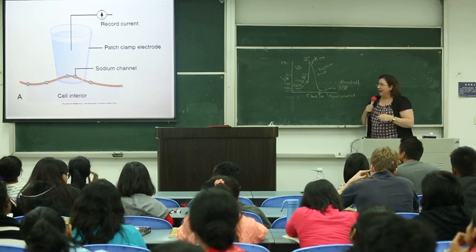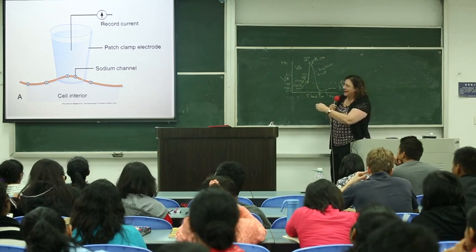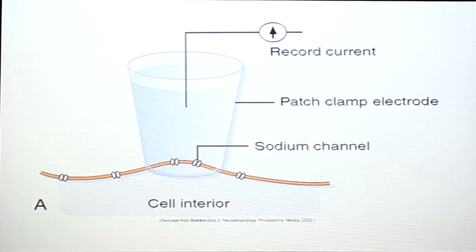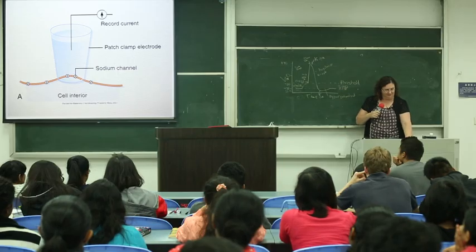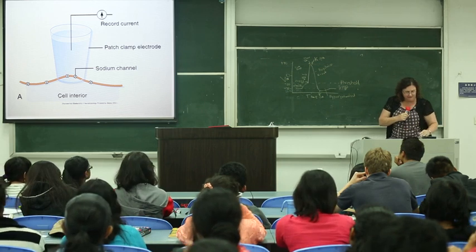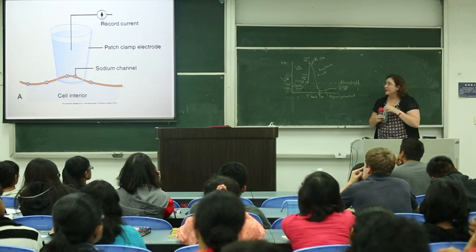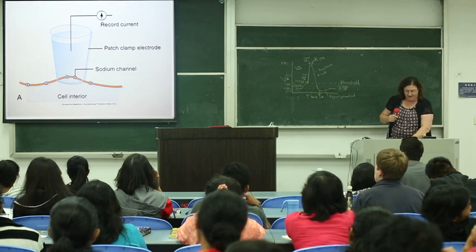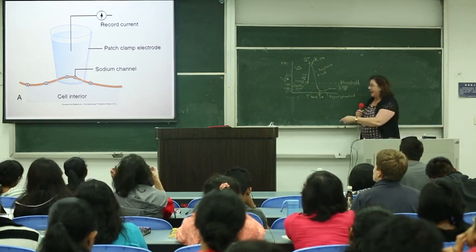So this is a picture of what looks like a drinking glass, but it's really a giant glass pipette. And it's measuring the sodium channels on the membrane of a cell, right there on the cell membrane. And when they did this, what they found out was